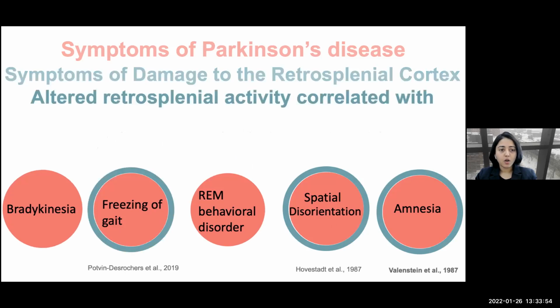In addition, altered retrosplenial activity is correlated with freezing of gait. So we can see that there is considerable overlap between symptoms of Parkinson's disease and changes to the retrosplenial cortex. So it's important to study the retrosplenial cortex in Parkinson's disease. And in addition,